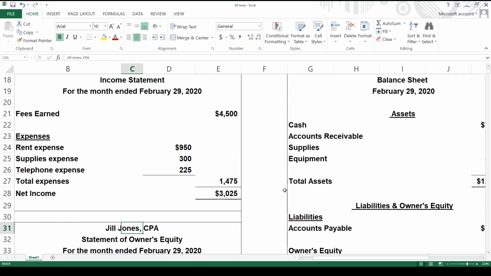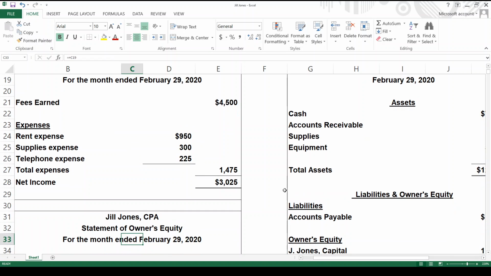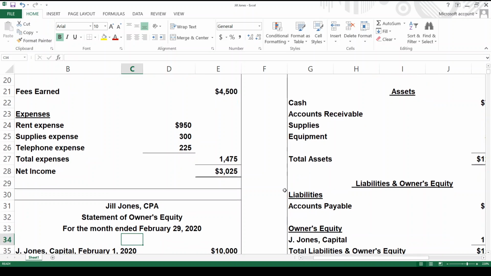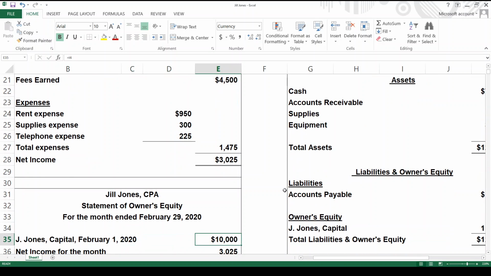All right, so here we go. Jill Jones CPA. Statement of owner's equity for the month ended again. There's going to be a period covered. We went from A to B in owner's equity, but over what time period? Could be anywhere from a month to a year. We started with $10,000. That's why I said let's make believe we made our investment on January 31st. So we started with